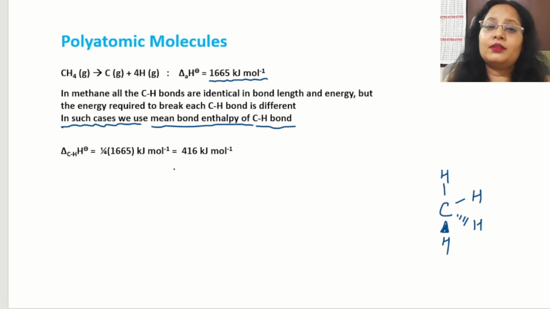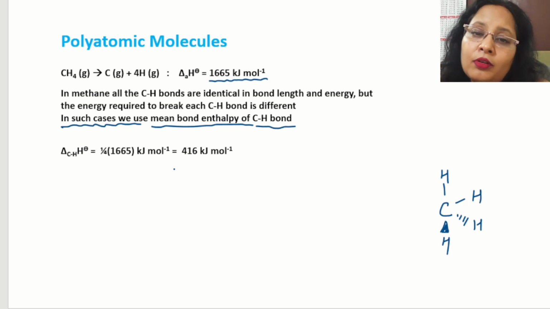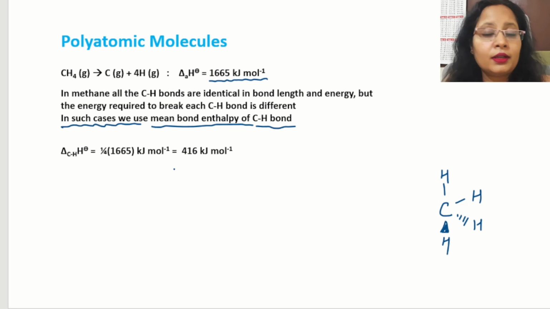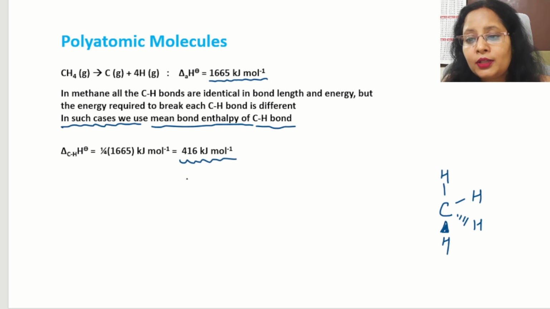This is just one case; we have a number of polyatomic molecules, which have different kinds of atoms attached. Every time we would add all the values, it would be a different and very big amount, and this is not really valid. So in that case we use the mean bond enthalpy. How do we calculate it? In the case of methane, 4 bonds are broken, so the enthalpy of atomization is divided by 4, and we get the value which is the mean bond enthalpy.